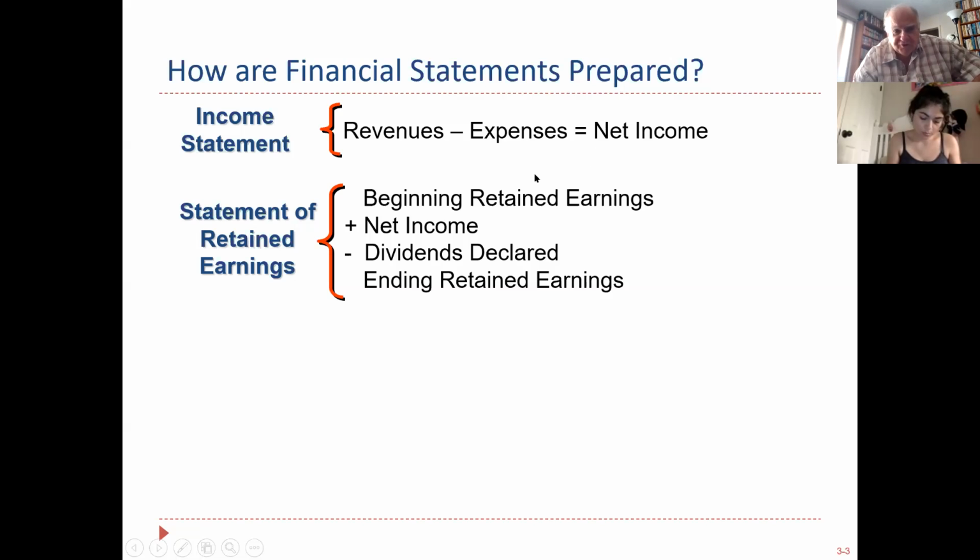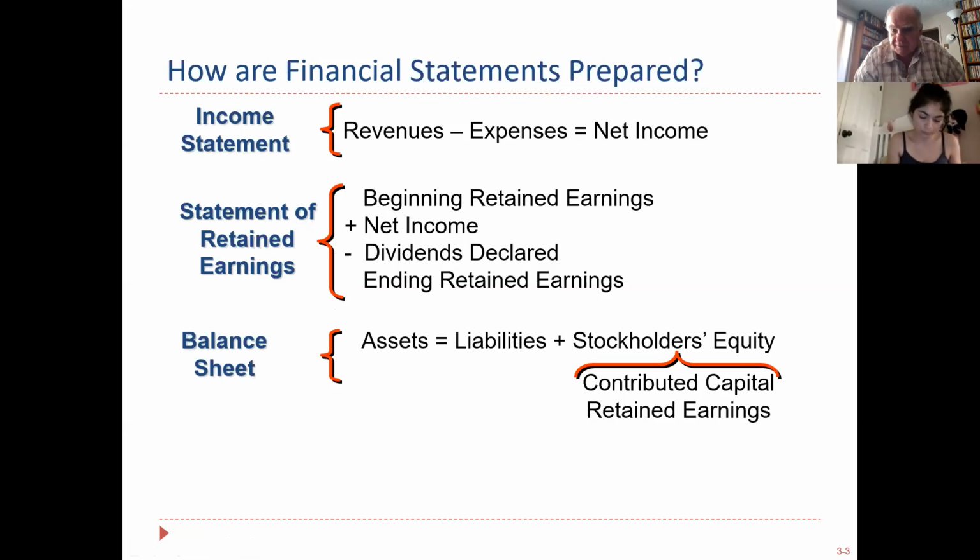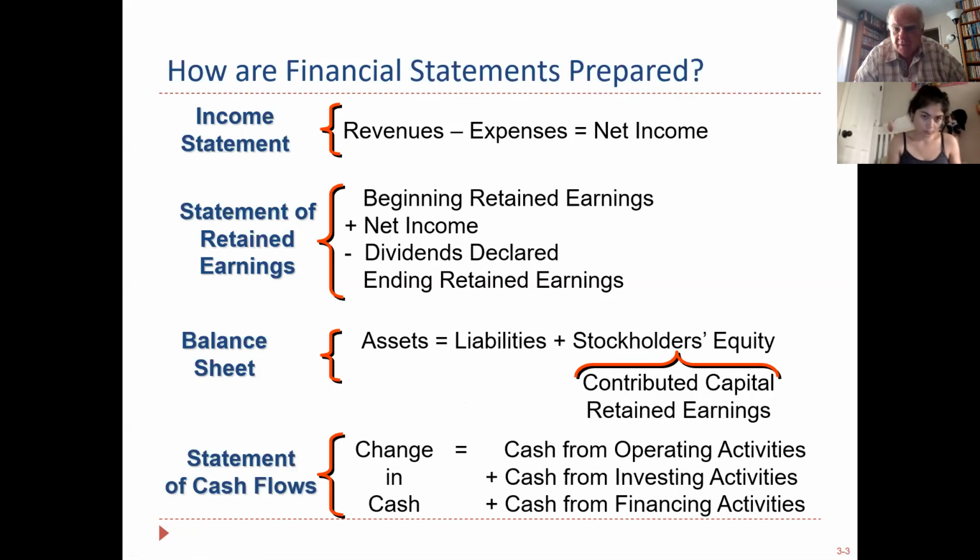That allows us to do the second statement, the statement of retained earnings. We have the beginning retained earnings from last month. That goes up if the company had net income, and hopefully we did. If any dividends were declared, that reduces your equity, like we just discussed. Now you've come up to the ending retained earnings. Once you have that, you can add it to your stockholders' equity down here. So that sequence of statements is non-negotiable.